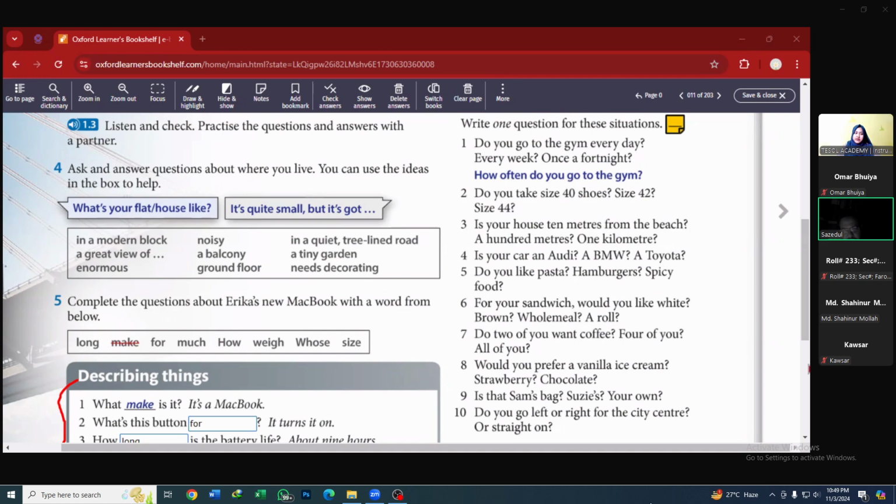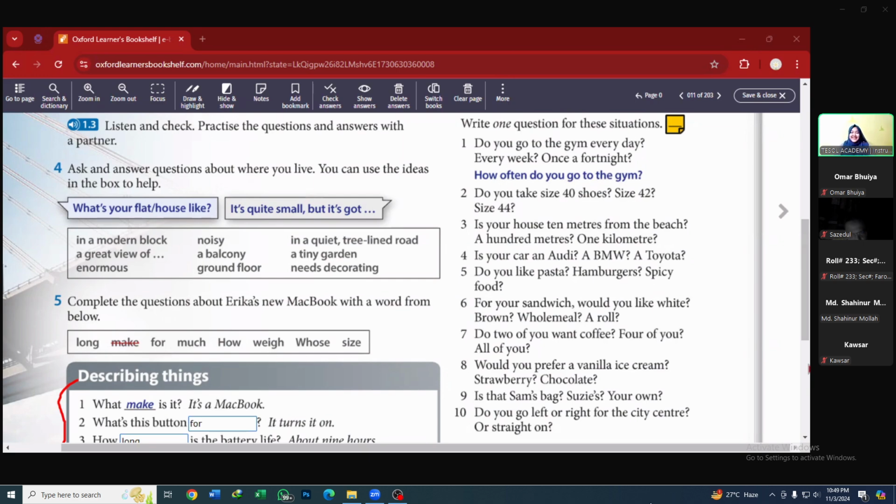What kind of bag are you belongs? No. So we're talking about belonging, right? So which WH word do we use when we're talking about something belonging to someone? We use whose, right? Okay. So what will the question be? Can you tell me now? Is it Sam's bag? Is it Susie's bag? Is it your bag? What will be the question? Anyone else? Yes, Mr. Shahinur? Whose bag is this? Very good. Excellent work. Well tried, Mr. Sajidul. Mr. Shahinur, very good. Whose bag is that?